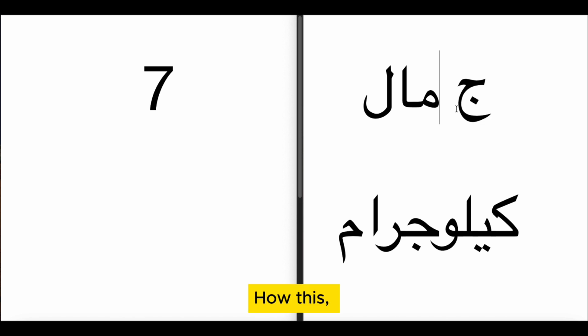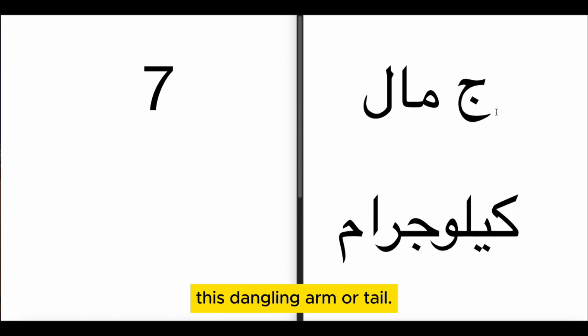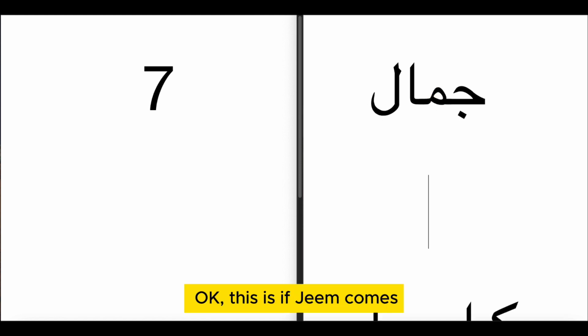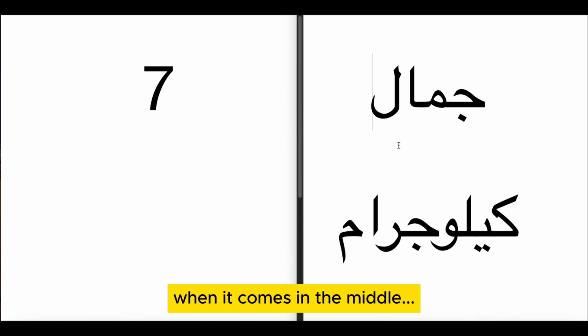See ja, how the arm here, this dangling arm or tail, will connect to the M, to the meem here. Jamal, okay? This is if Jeem comes at the beginning of the word. Here, when it comes in the middle,